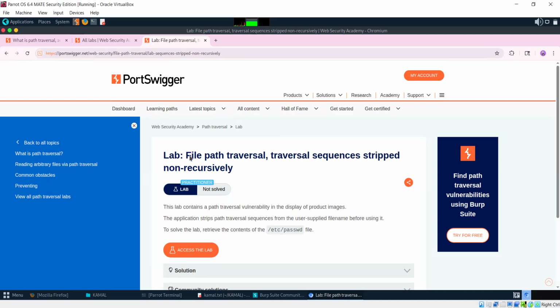I will explain how to solve the file path traversal, sequences stripped non-recursively challenge. To access the challenge, click on this button. Difficulty for this challenge is Practitioner,